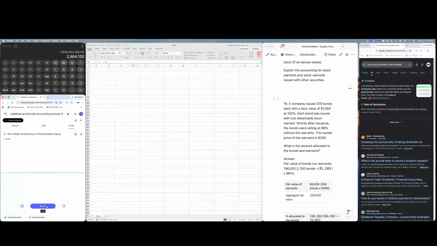But now we have to split that cash between the bonds and the warrants. Right, because without the warrants, the market says those bonds are only worth 98%. Which means the fair value for just the bonds is $196,000. And we know the warrants are selling for $300 each. 200 warrants at $300 a pop equals $60,000. Now, if we add those two fair values together,